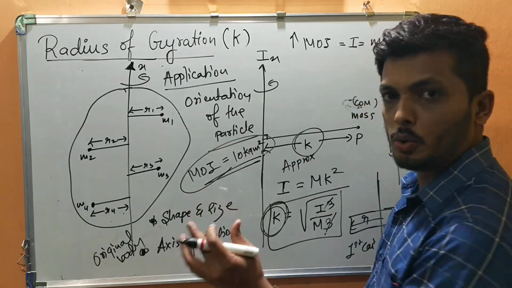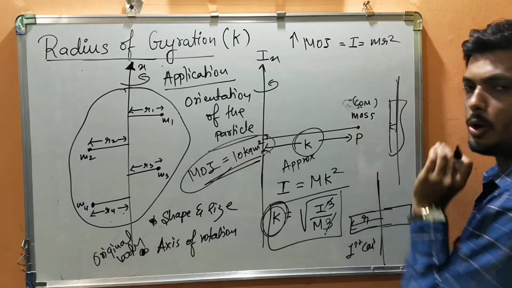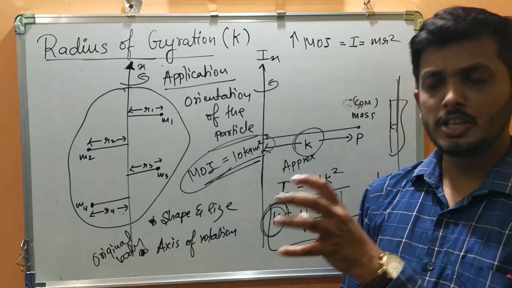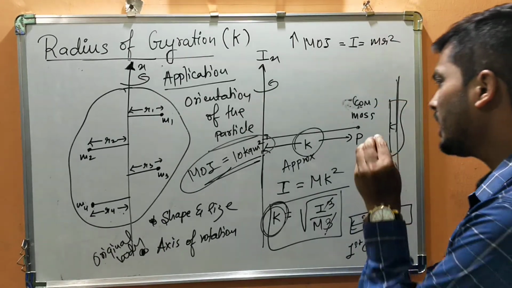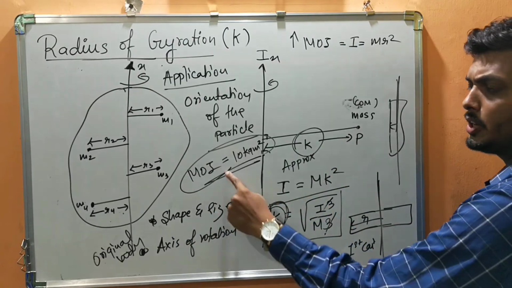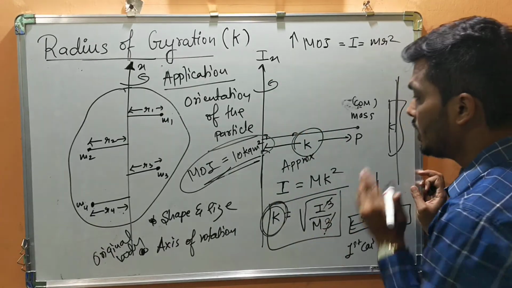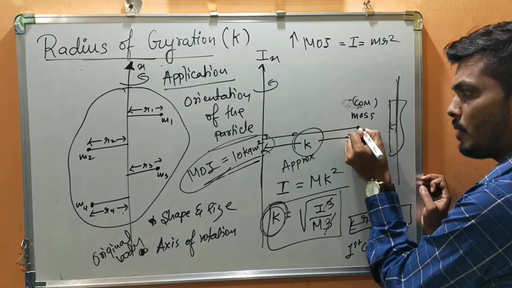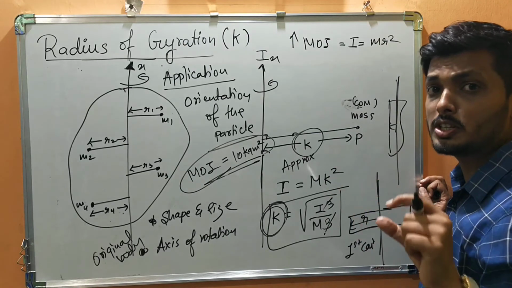Now what I do is take that body, all the particles, and concentrate them at one common point. It's not like you can take this particle and dump it anywhere. First, you have to take all the particles and concentrate them at a common point. Then you have to adjust this point according to the moment of inertia value. You cannot just keep this point P here or here or anywhere. You have to adjust this perpendicular distance from P in such a way that, as in the last definition you remember, the moment of inertia remains constant.